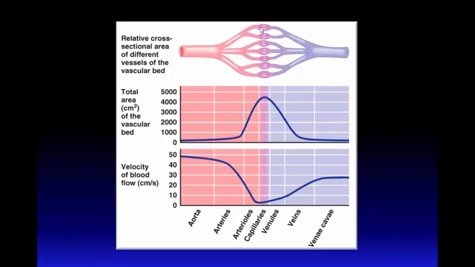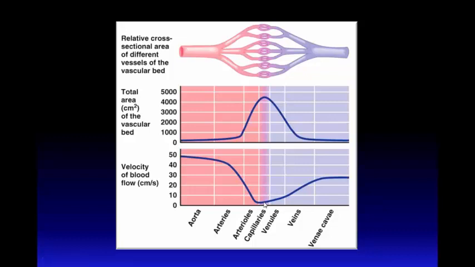The huge total cross-sectional area of the capillaries is because we have a very large number of capillaries. So despite the fact that the cross-sectional area of each single capillary is very small if we compare it with the cross-sectional area of the aorta, since we have a large number of capillaries, when we add up the cross-sectional areas of these capillaries, the summed up total cross-sectional area would be much higher than the cross-sectional area of the aorta. And because of that, the blood flow velocity